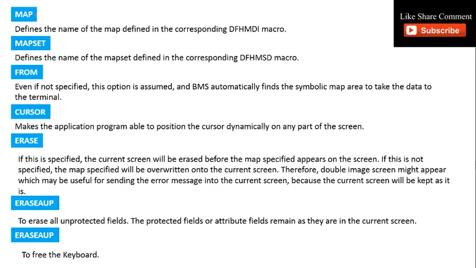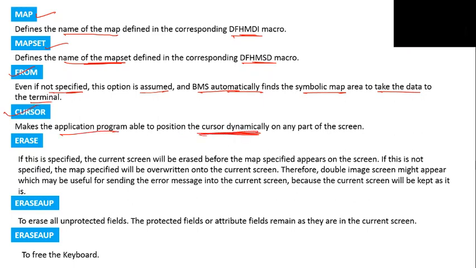MAP defines the name of the map defined in the corresponding DFHMDI macro. MAPSET defines the name of the mapset defined in the DFHMSD macro. FROM: even if not specified, this option is assumed and CICS automatically finds the symbolic map area to take the data to the terminal. CURSOR makes the application program able to position the cursor dynamically on any part of the screen.